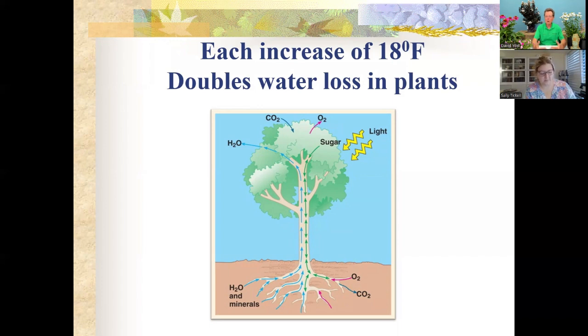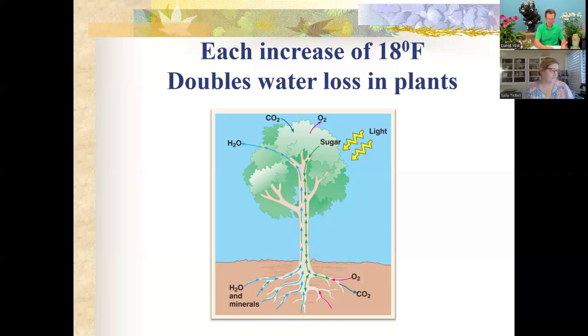This water use also is essentially how the plant maintains its turgidity, its structure, and how it cools itself. So what I put in here, this little comment, is that each increase of 18 degrees doubles the transpiration rate, or the amount of water that's lost through the plant. So again, one of the first things we start to see when we get these extremely high temperatures is that the plants usually need more water to compensate. Not always, but it certainly did this year.